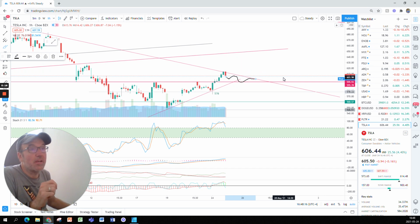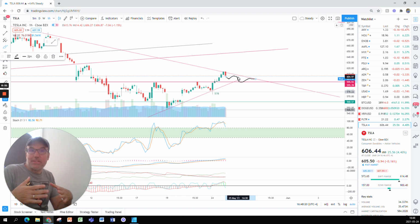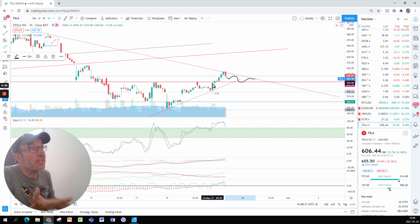Nobody knows, but how can I say this? The stock is really tight. There's not many places to go. So something is going to happen within a day or two, because each candle here is 1 hour. So tomorrow we are going to have 7 candles, and the day after 7 other candles. So something will have to happen. So either the stock